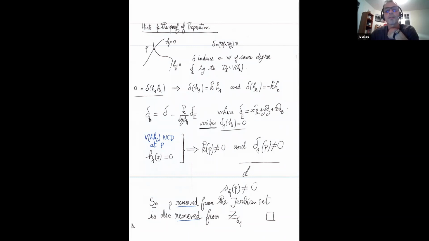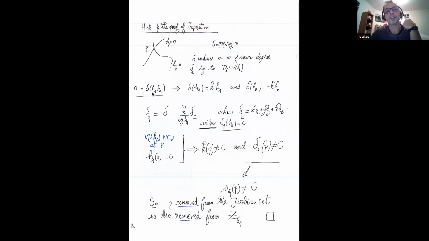So the game is to find a derivation. In general, for a derivation or a vector field, we say that it is tangent to F if delta F, a product of F by something else, is in the ideal generated by F. But here we are interested in sections of this logarithmic sheaf, and so we need derivations vanishing on F. Delta F is 0. We want more than delta F included in F. We want delta F to be 0.